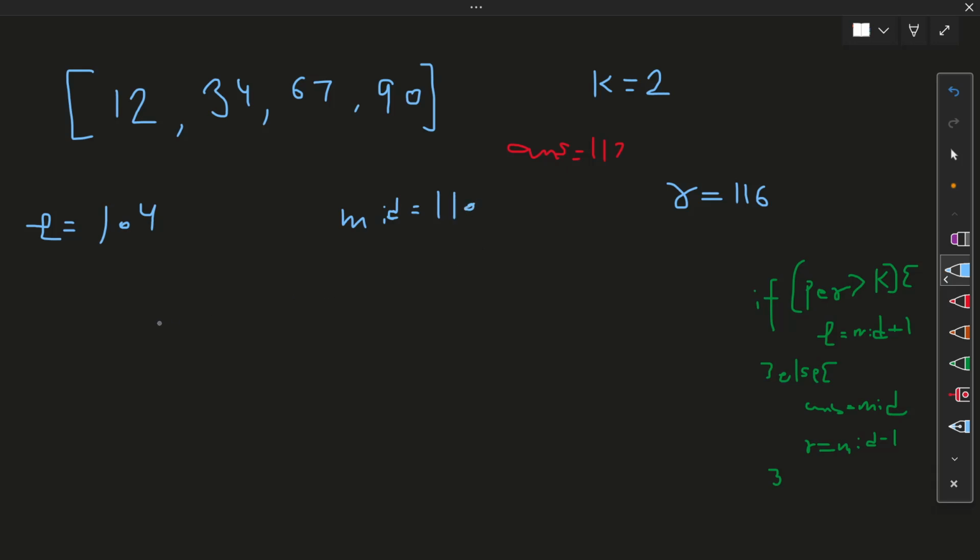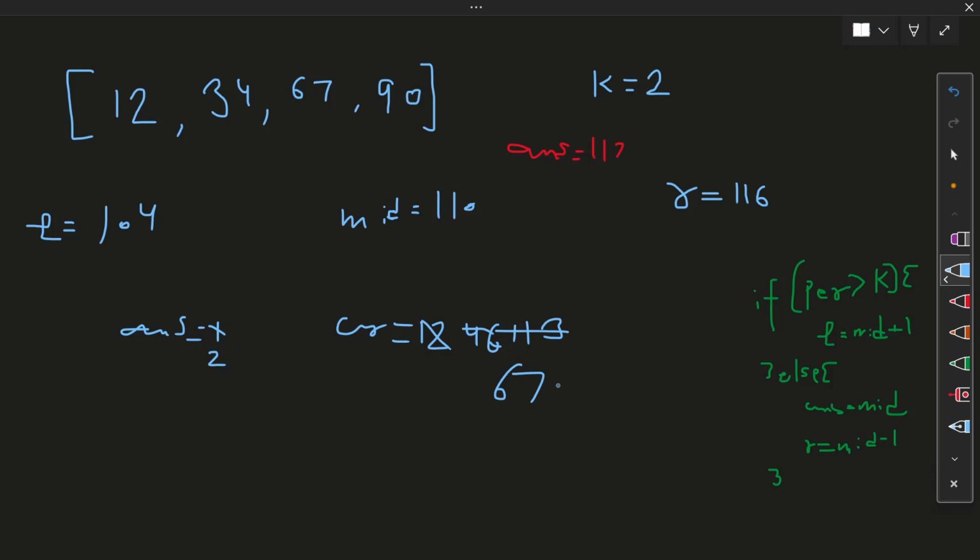How many students do we need? So 110. Student 1 is reading a book. First we got 12, then we got 34, so we got 46 in total. Then he will again try to read the next book, but we got 113, so he cannot read. We need one more person, so we got